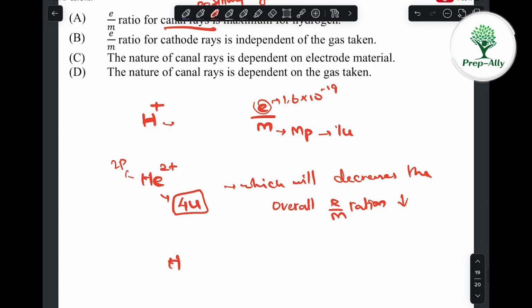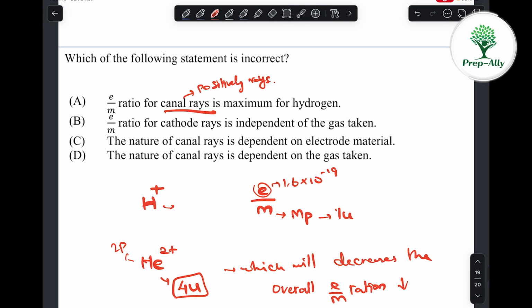If you take deuterium, let's take deuterium, you have one neutron and one proton, the E remains same since the charge is only one proton, but the mass becomes double, right? So it is also going to give you less. So the option is going to be correct, maximum for hydrogen, because of its lowest possible mass of proton and higher